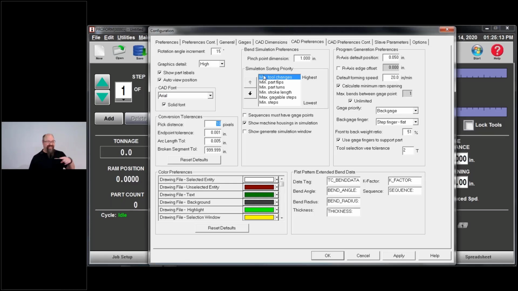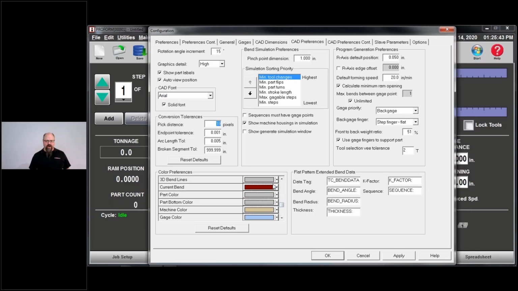I will show you these when we get into that, but for the moment, I don't mess with any of that. Graphics detail high, yes. Part labels, yes. Most of this here we're going to leave alone. You're going to want to have a pretty good reason for changing any of these values here.